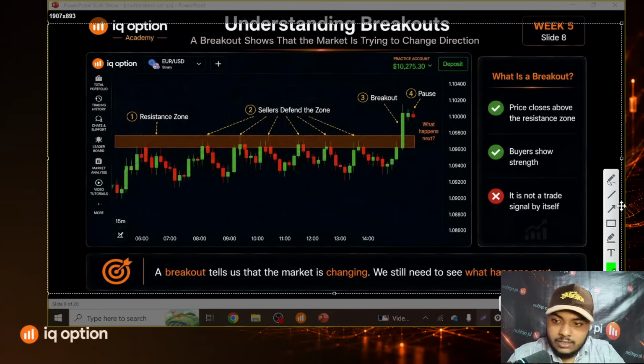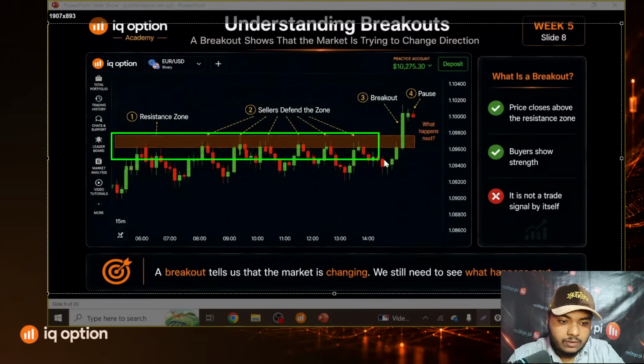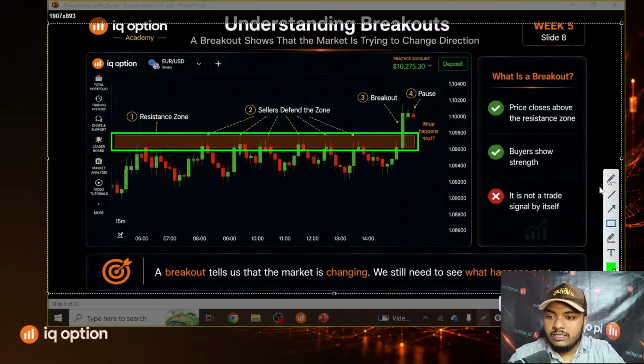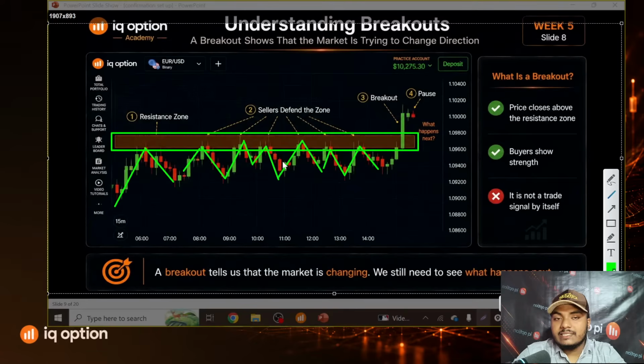price area. Suppose this is a support area where the buyers tried a lot of times but they failed. Sellers also tried to push the price in the downward direction here. Sellers seem not so interested, but buyers seem interested here, because buyers tried a lot of times but sellers defended this resistance area but did not try to win the market. You see,